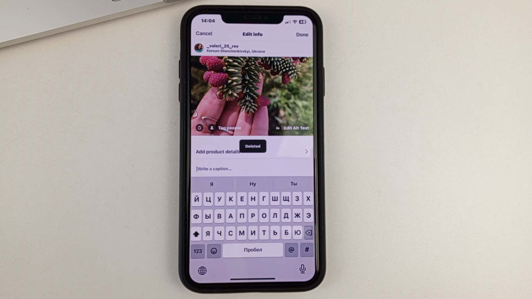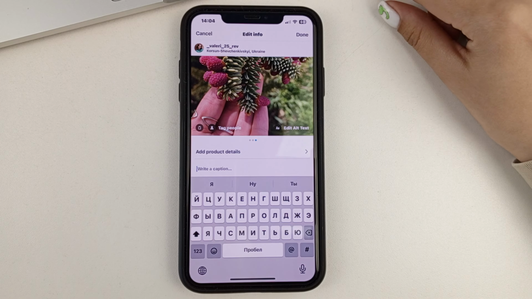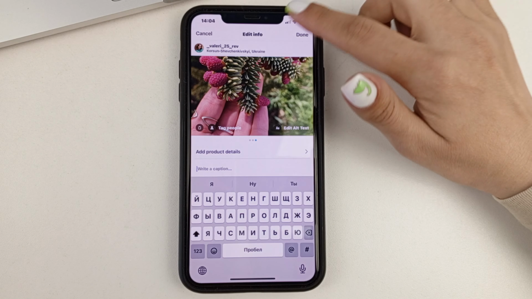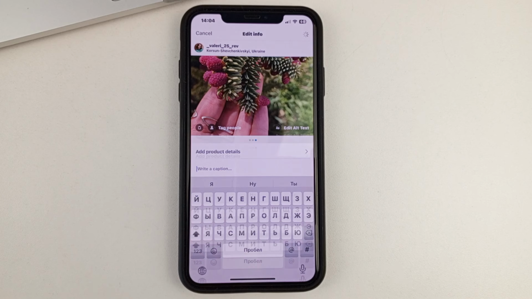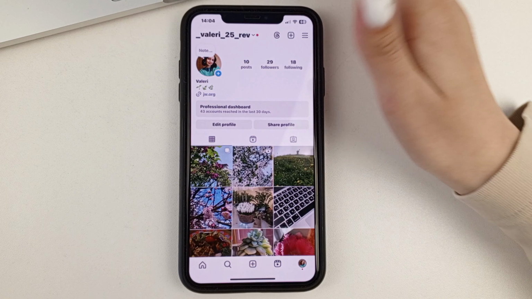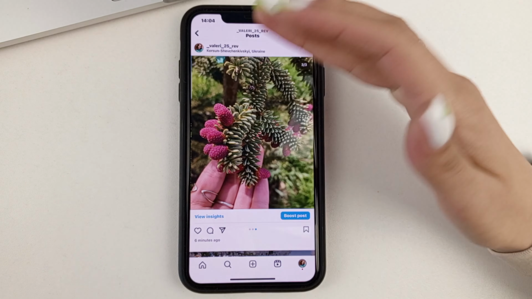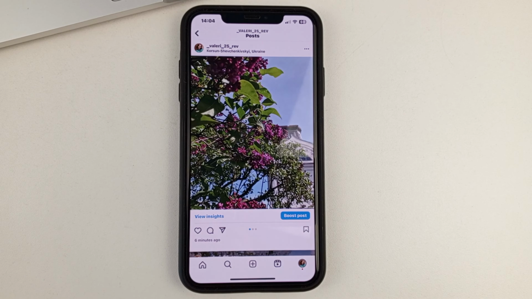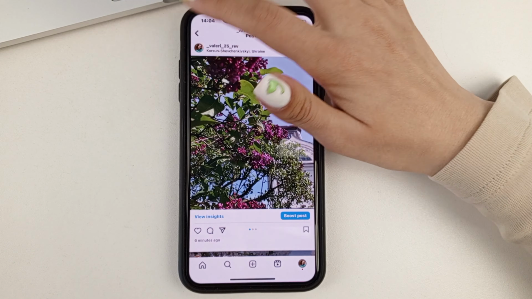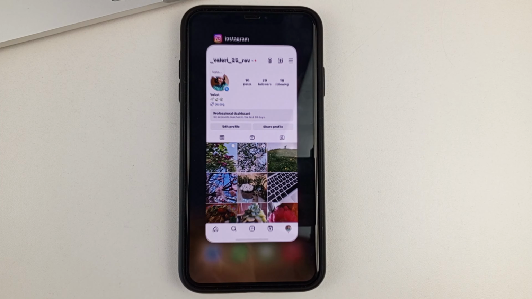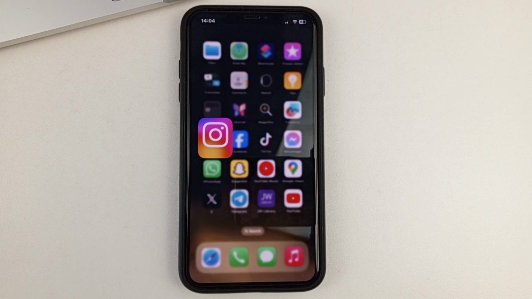After that, the photo will be deleted. And in order to save this result, click on Done or Save. And now, if I reopen the post, as you can see, there are already 3 photos here, although before there were 4. So that's the very simple way, friends, you can delete one of the multiple photos in a post